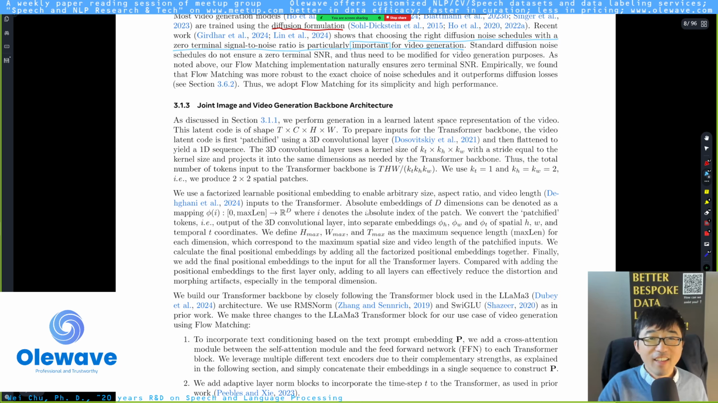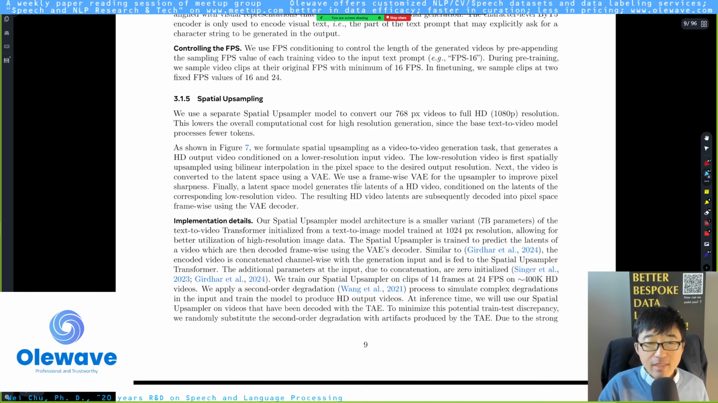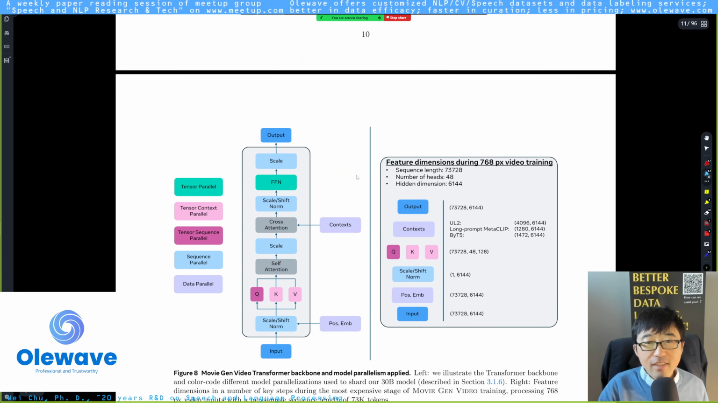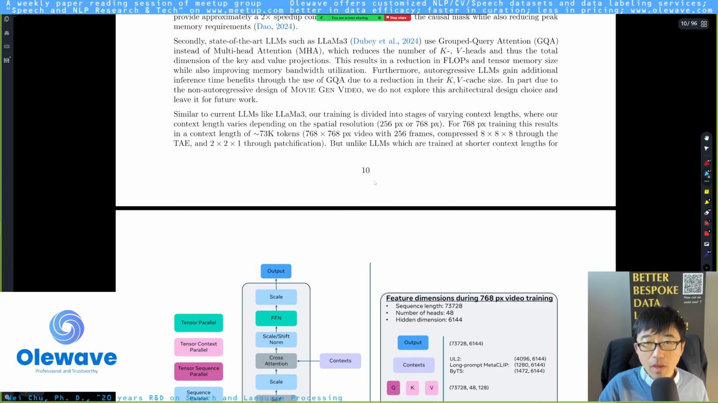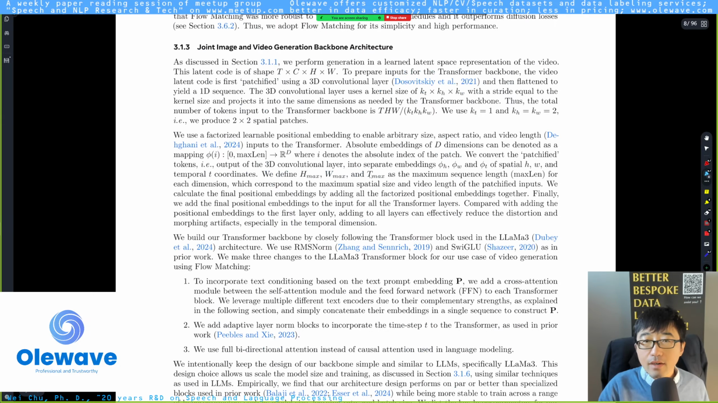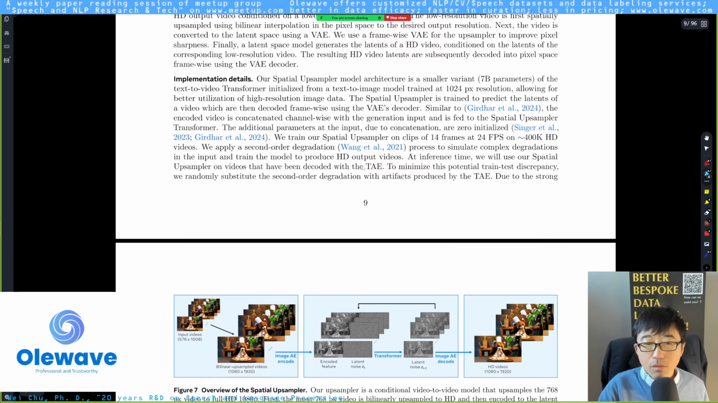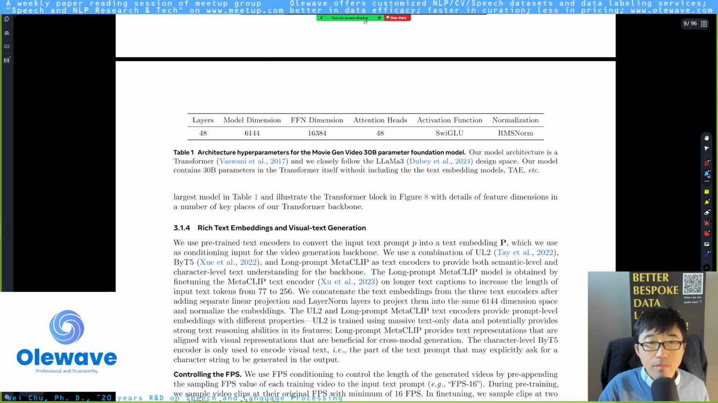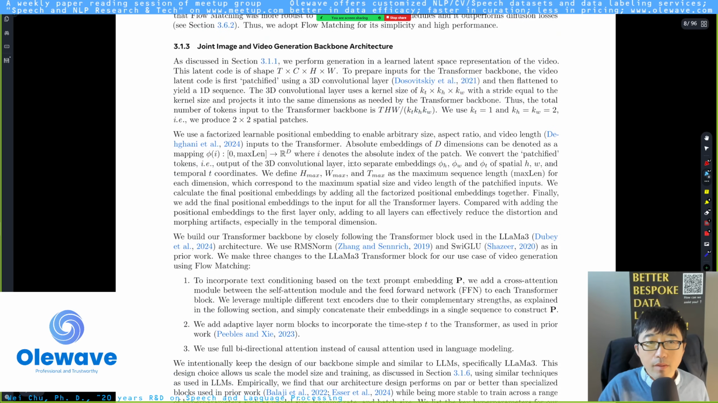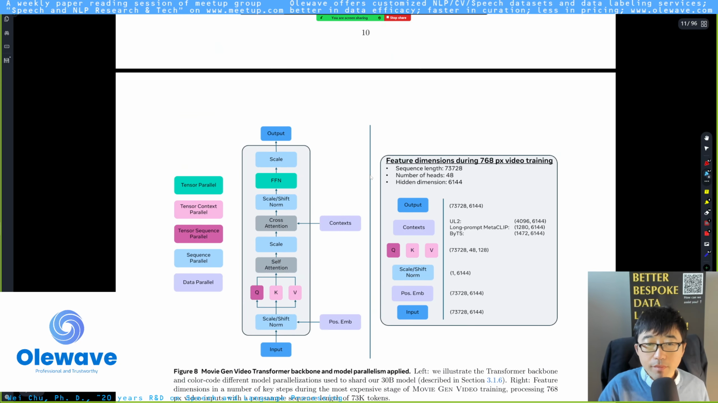Joint image and video generation backbone architecture. I think most of the people are interested in this, but surprisingly, the architecture is fairly vanilla, I would say. Where do I start? I would still start from here. Here is the input. You can see how they came up with this 73K